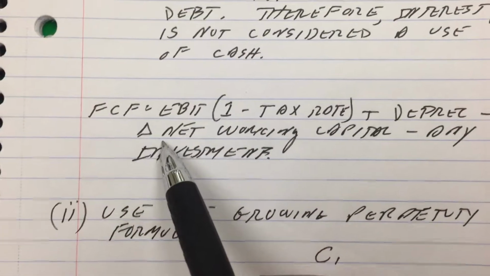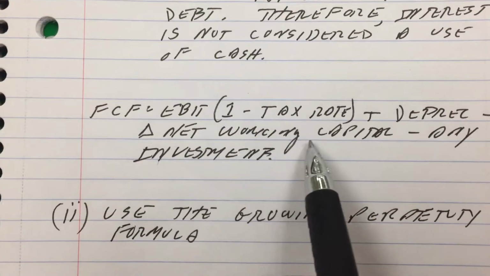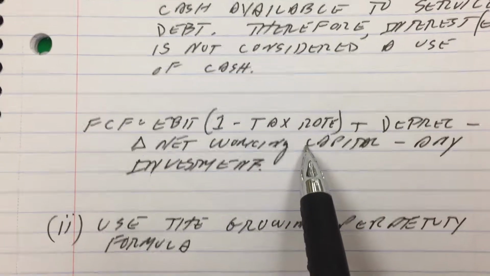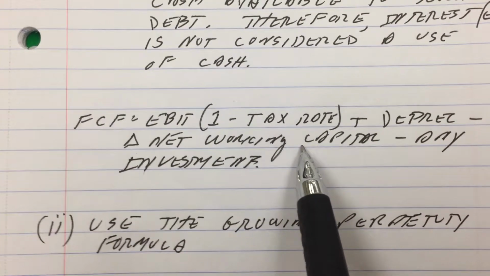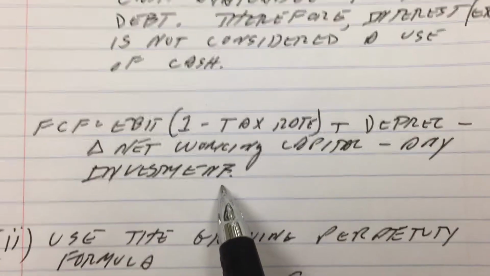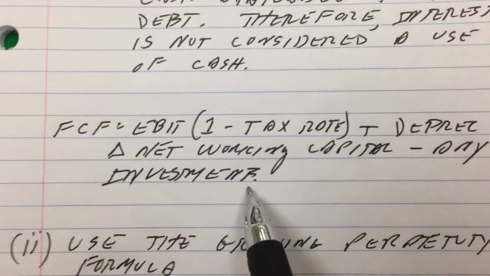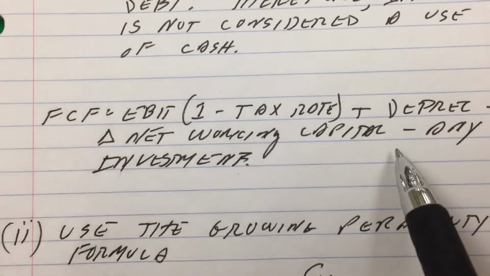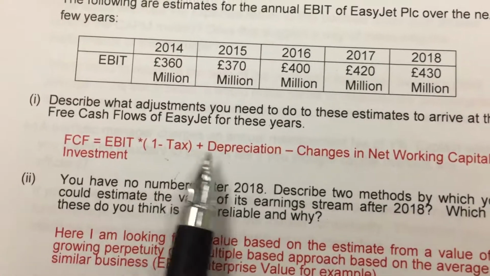We're going to subtract any changes in net working capital, and generally companies that are growing would have increases in net working capital. And then we're going to subtract any investments that we either have made or anticipate making during that time period. And those would be the adjustments that we would make to arrive at the free cash flow